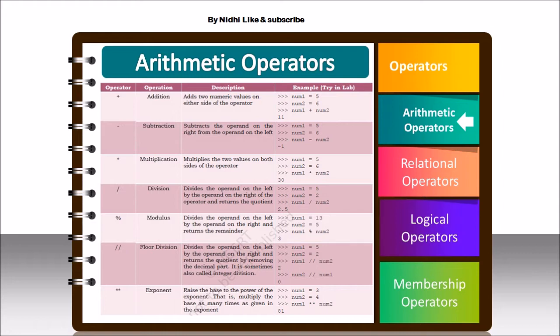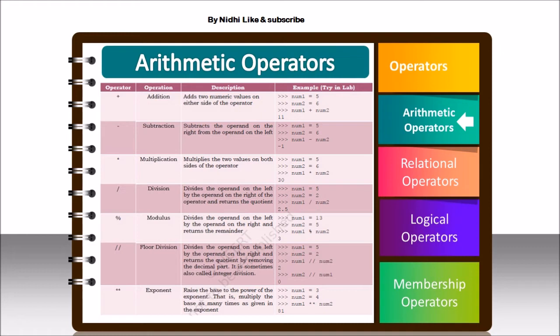Next type of operator is modulus. Modulus gives us the remainder. Remainder means whenever we are dividing something, it is not taking it as a fractional value. It just gives you the remainder. Like if you are dividing 13 by 5, then you will get 3 as a remainder. That is given by this modulus operator. When we are dividing something and a remainder is there, this modulus gives you the remainder of that value. The left hand side value is divided by the right hand side value, and the remainder is given by this modulus symbol. It is not percentage; it is called the modulus symbol in programming.